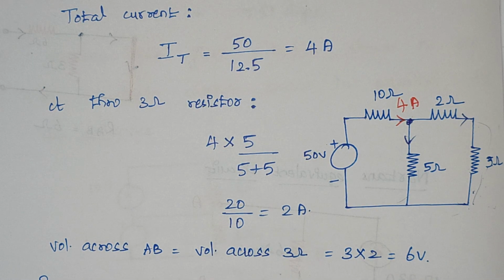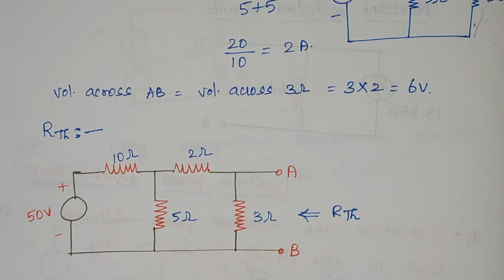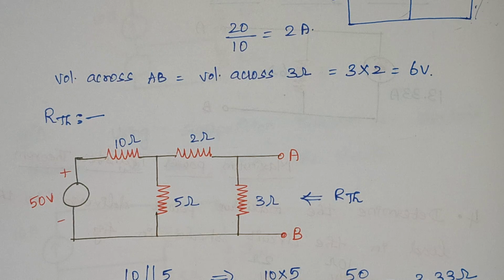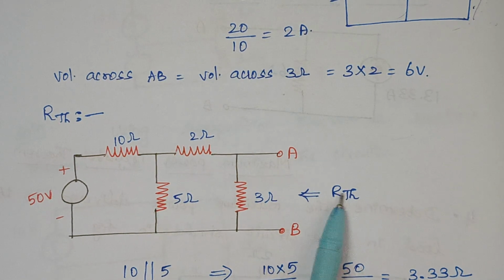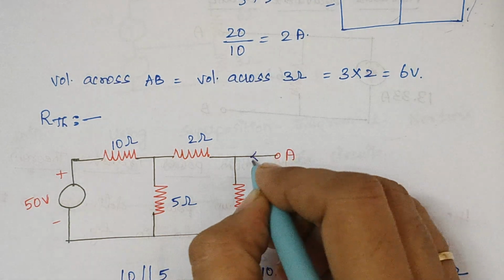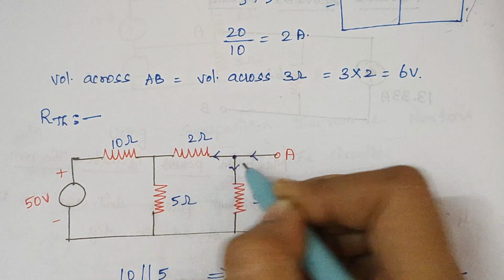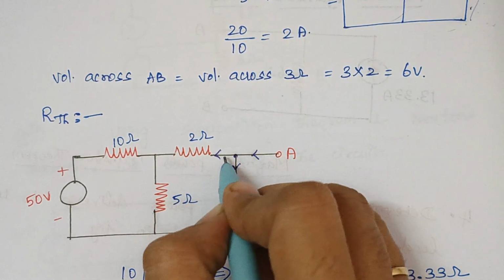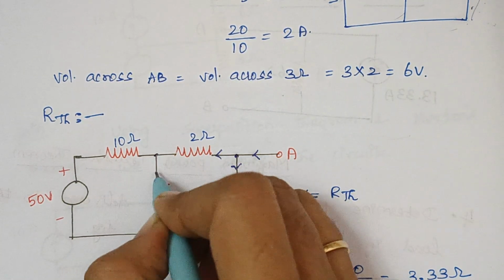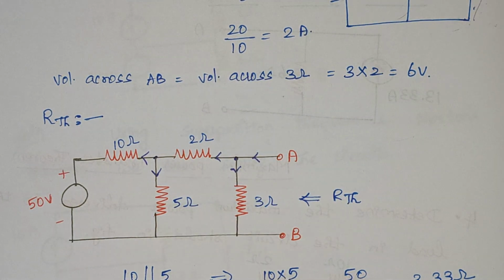Now the next step is calculating the Thevenin's impedance or Thevenin's resistance. So in this case, again we have to look back like this. Assume a current flowing like this; at this node it gets divided into 2. Similarly, when this current reaches this node, it gets divided into 2, right? So in this case,